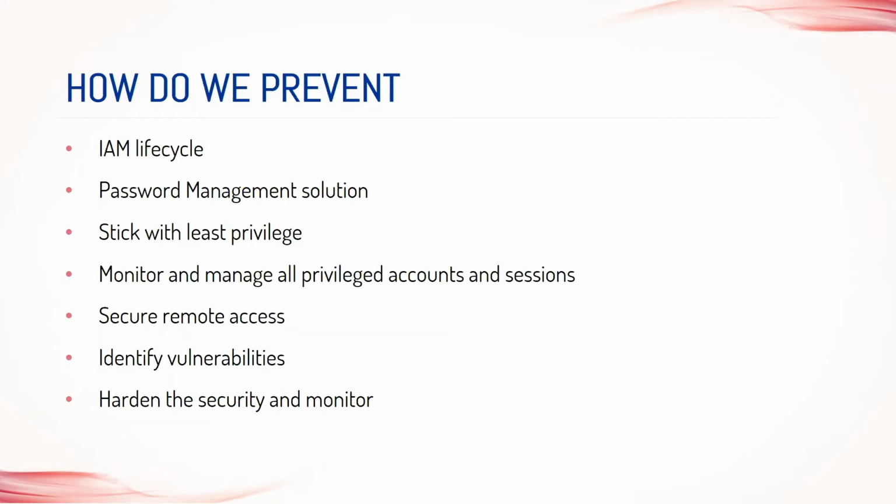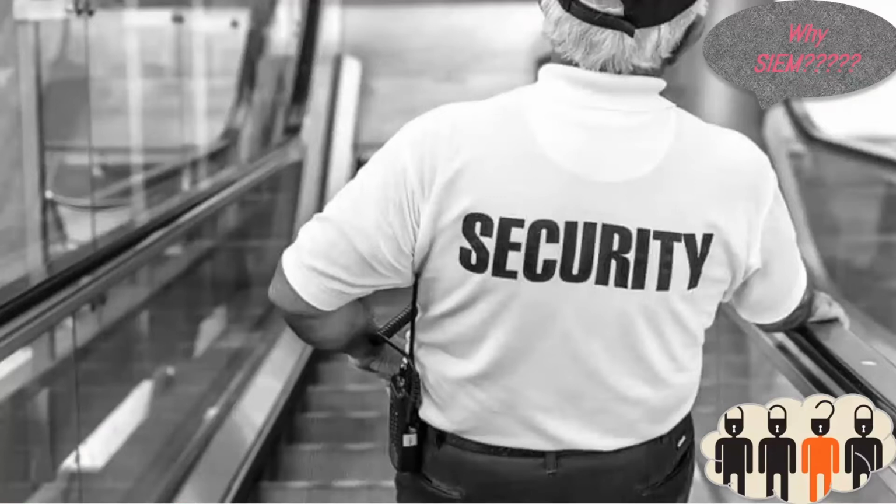Vulnerabilities. Are you really checking your computers? Are they really updated? If not, run the vulnerability report. Make sure all the computers are updated with the security patches. And if any application is running without any security update, make sure to update it periodically, just to make sure everything is up to date when it comes to the security aspects. Harden the security and monitor. I don't have to say what that is. Make sure that you are always on the safer side, just to ensure that no attacker could come into your organization. So on top of all the measures which I have just told you,